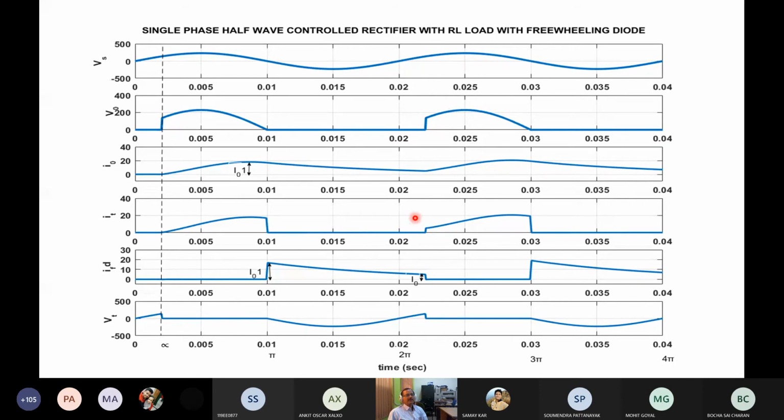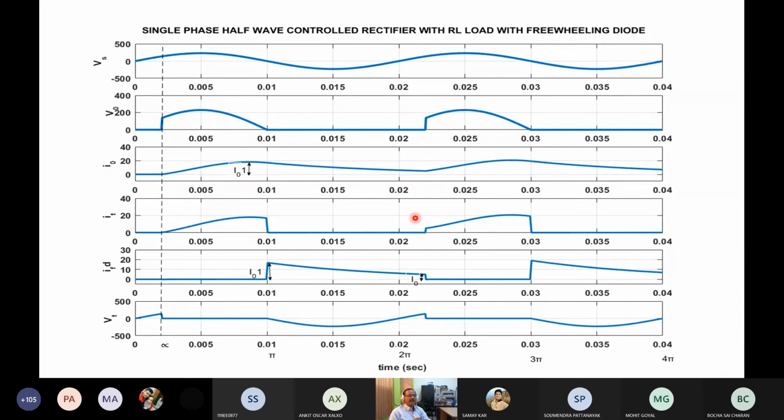But here it is a freewheeling path, so current takes some more time to fall, and therefore the current waveform improves. So performance of the motor will improve, because the torque is directly proportional to current, or maybe square of the current, right? So motor torque will be better, and overall performance will improve. Plus don't forget the input power factor. In a power electronics converter, we give emphasis on input power factor, not the load side.